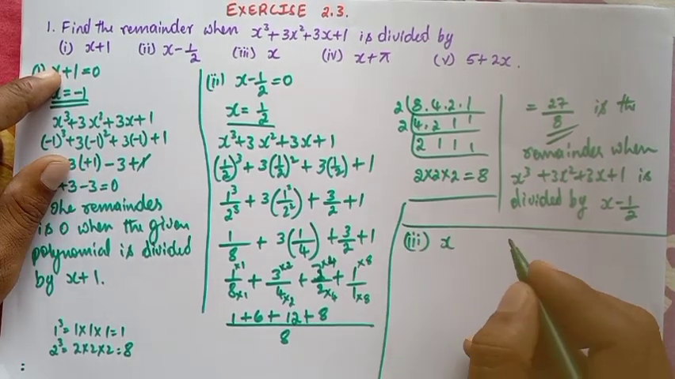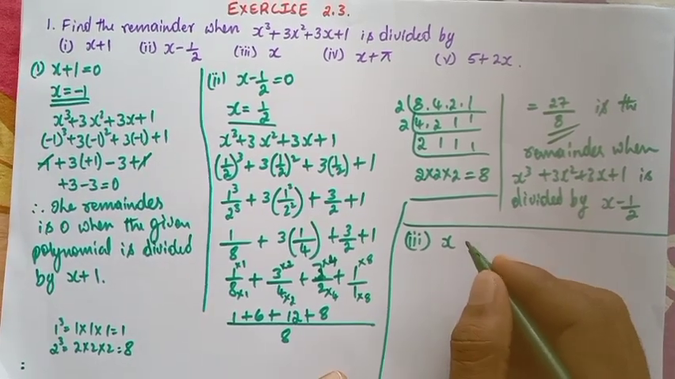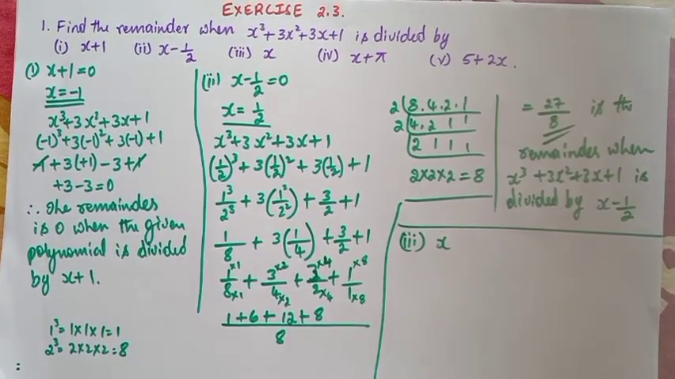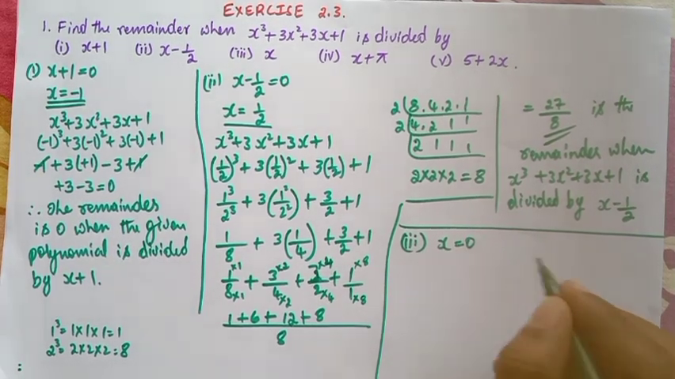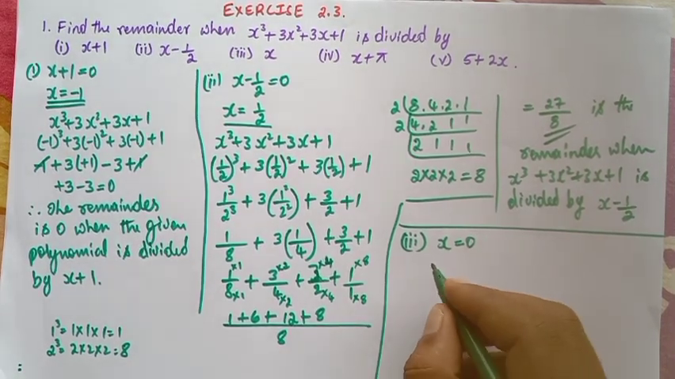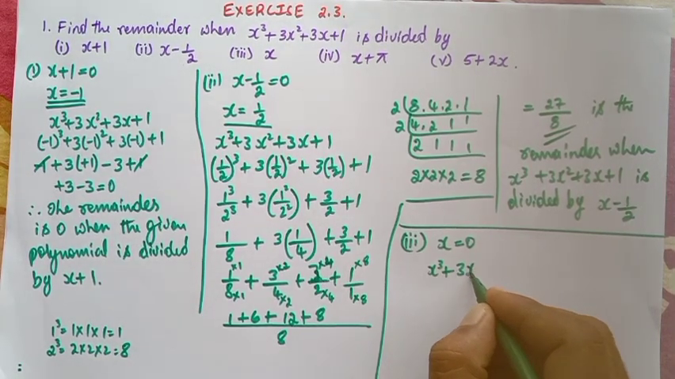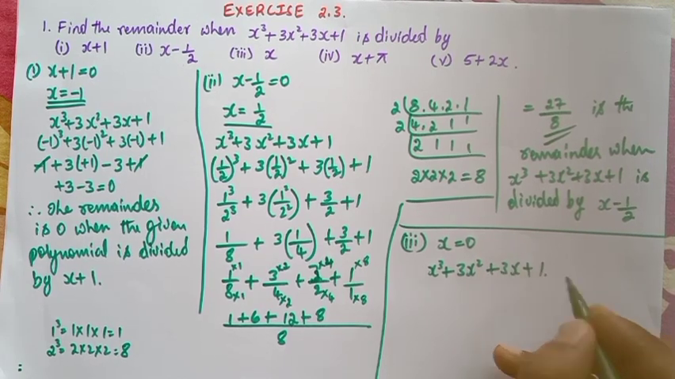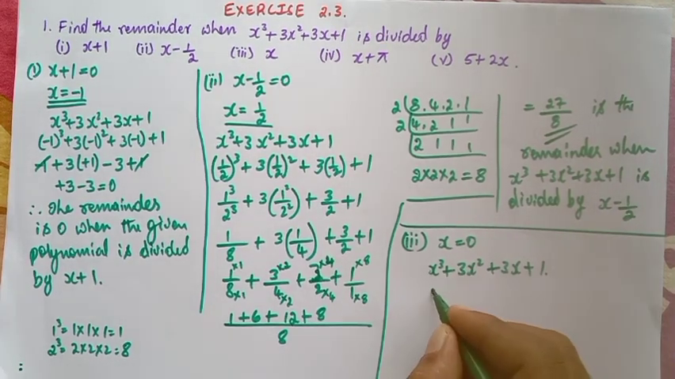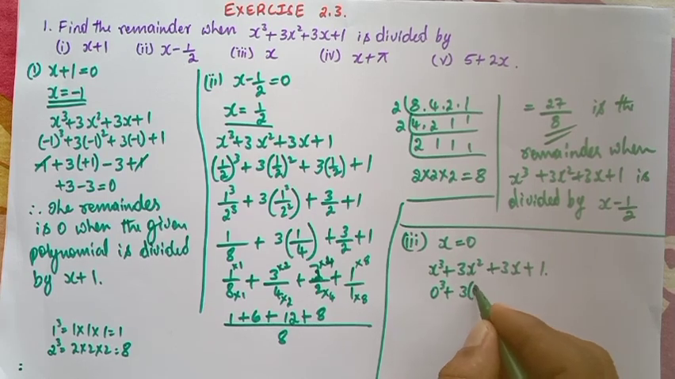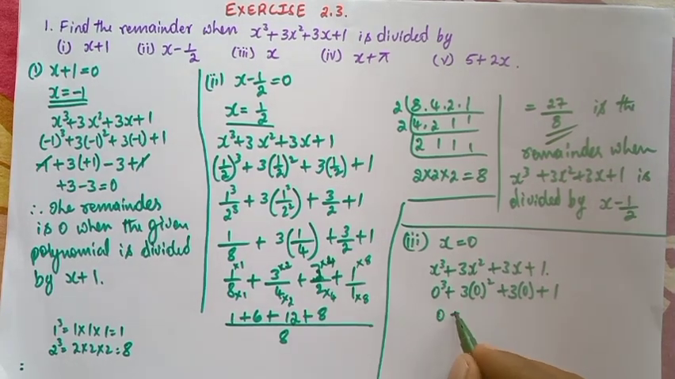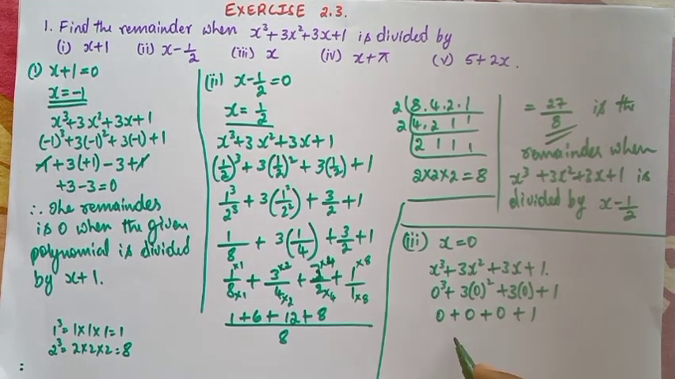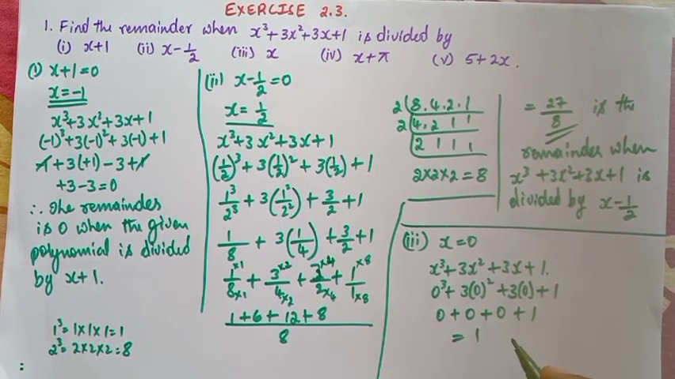When it is divided by x, what is the zero of this x? We have to equate it to 0, so the zero itself is 0. So x cube plus 3x square plus 3x plus 1: here 0 cube plus 3 into 0 square plus 3 into 0 plus 1. So 0 plus 0 plus 0 plus 1 is equal to 1. 1 is the remainder